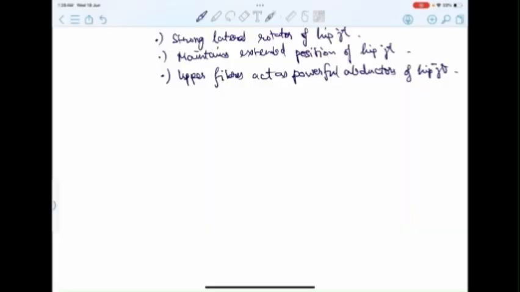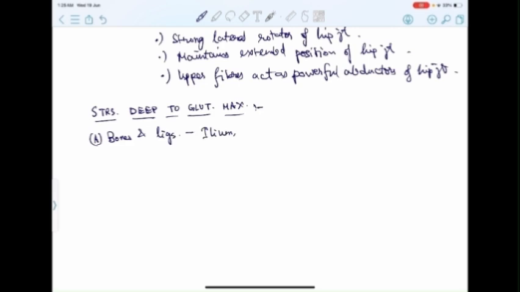So now we are going to study the structures that are under the cover of the gluteus maximus. We are going to go through a list of the structures, and then go over 3 muscles in detail. Let us first put the heading. First of all, we have the bones and ligaments: